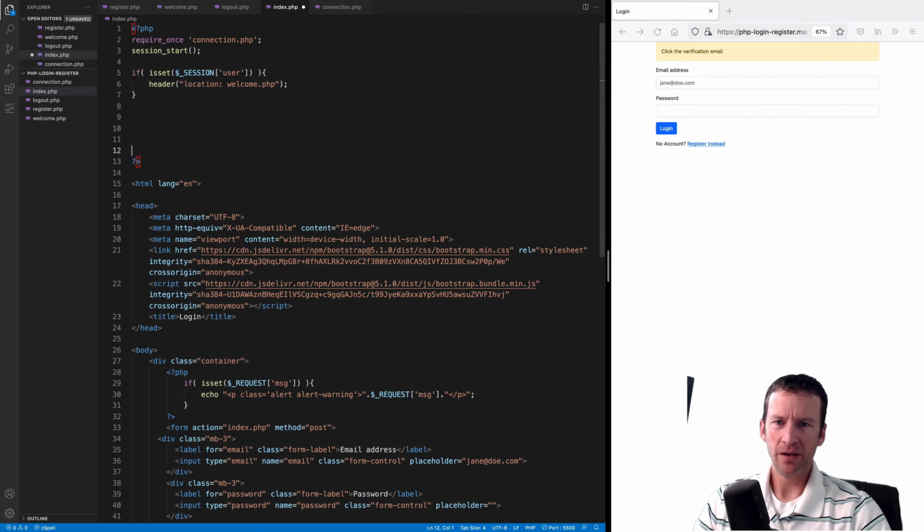Okay. Now it's very similar to what we did with the code when we created the register page. We need to check to see if this form has been submitted. If the user did submit the form, then we need to make a call to the database, check the credentials against the username and password in the database. If they match, then we create a session, store our user in the session variable, and redirect them to the welcome page. So we're going to say if,